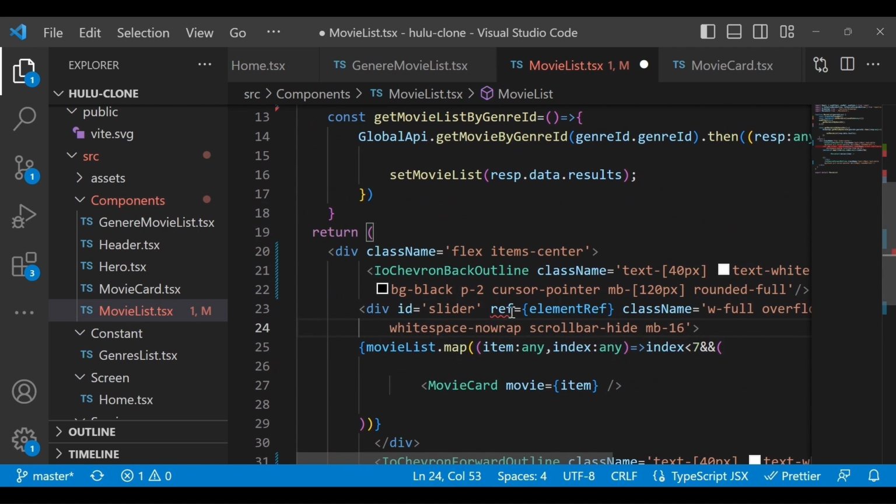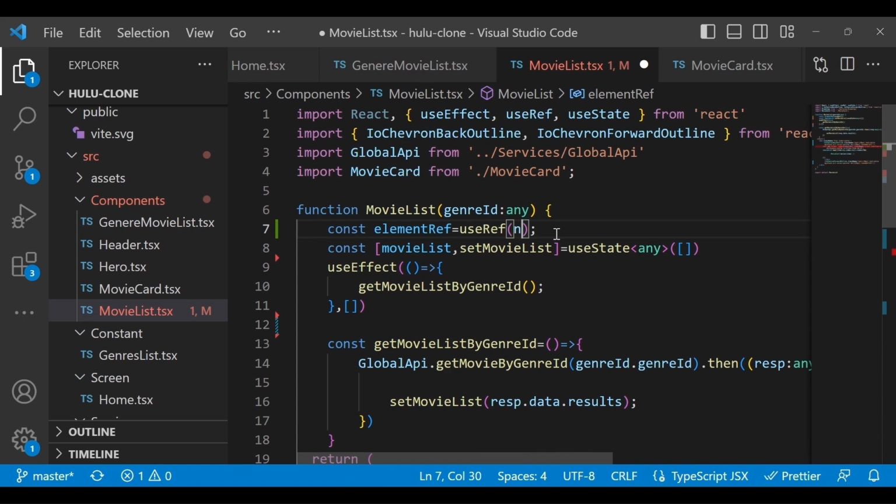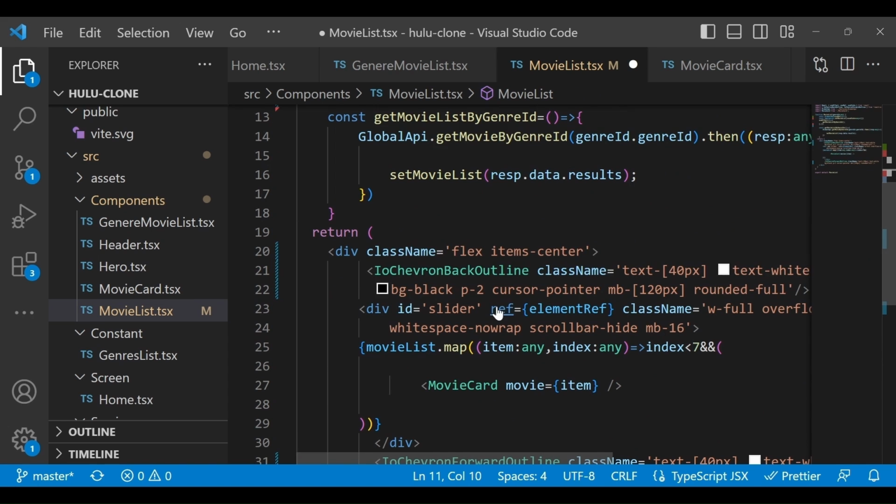So the reason that we are getting this error with ref equal to element reference is that we have to define the default value to this. So I will pass it as a null, and if you see, the error is gone now.